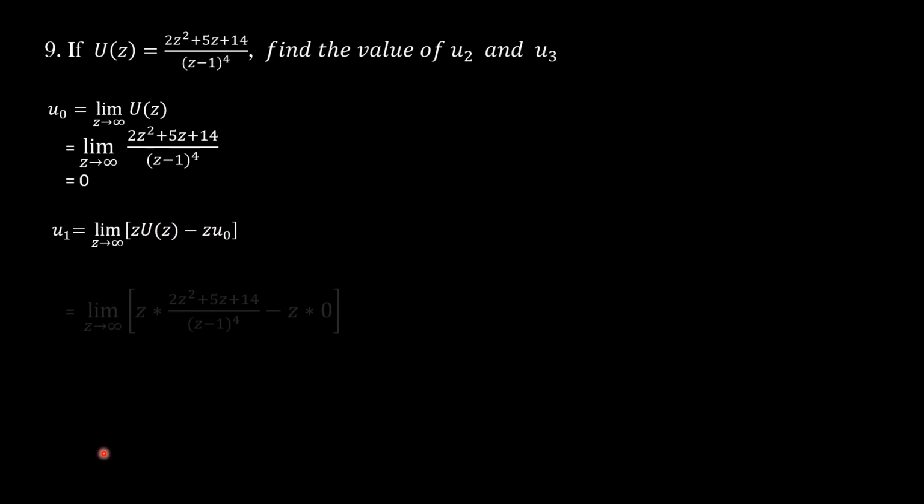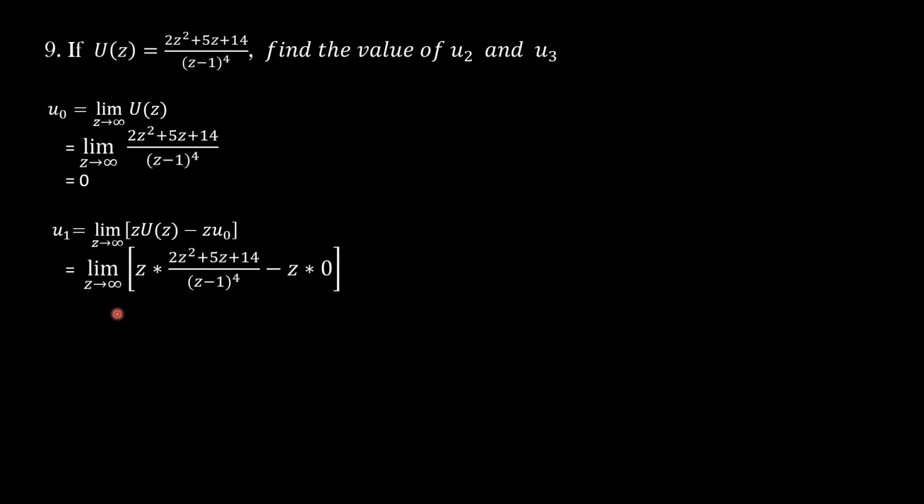You will get u1 as limit z tends to infinity 2z cube plus 5z square plus 14z divided by z minus 1 whole to the power 4. Note that degree of the numerator is less than the degree of the denominator. Therefore, u1 is 0. Now, u2 is equal to limit of z square into u of z minus z square into u0 minus z into u1 as z tends to infinity. By substituting u of z, u0 and u1, u2 becomes